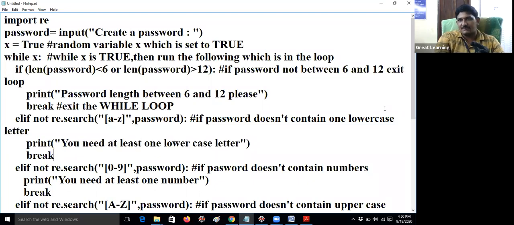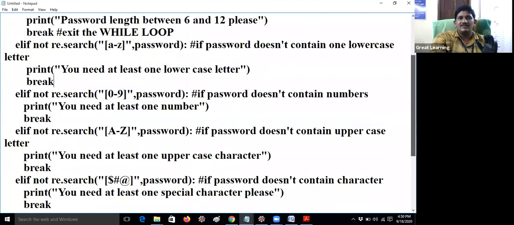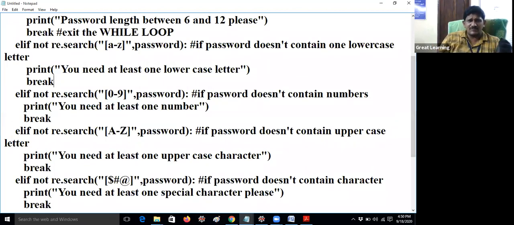And it will break, it will terminate, because there is no switch case statement, so elif only uses the break statement here. In C language and Java, there is no break statement in else if. You will just use it in if else that way only, and you can use it in switch case also. But here elif is a multi-way statement. There is no switch case statement in Python. That's the reason they are giving the break statement here.